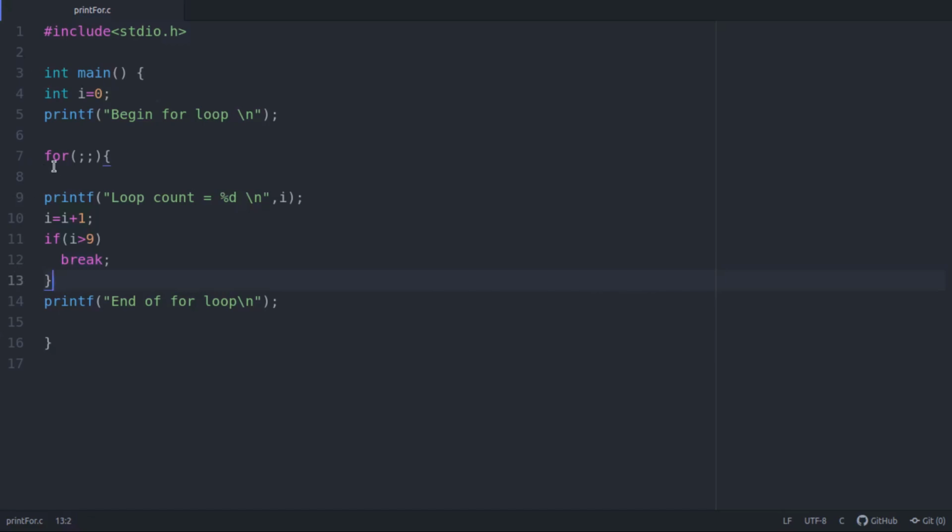Go back again. Print the value of i as 1, increment it to 2. 2 is not greater than 9, so don't break the for loop. Again, go back here. This will repeat till i reaches the value of 10. Once i becomes 10, 10 is greater than 9, so it will break from here. It does not go back to the beginning of the for loop, it continues with this statement, prints this and exits the for loop, right?